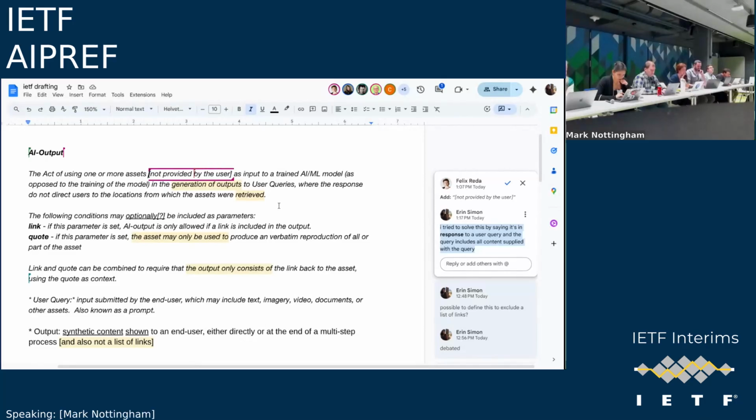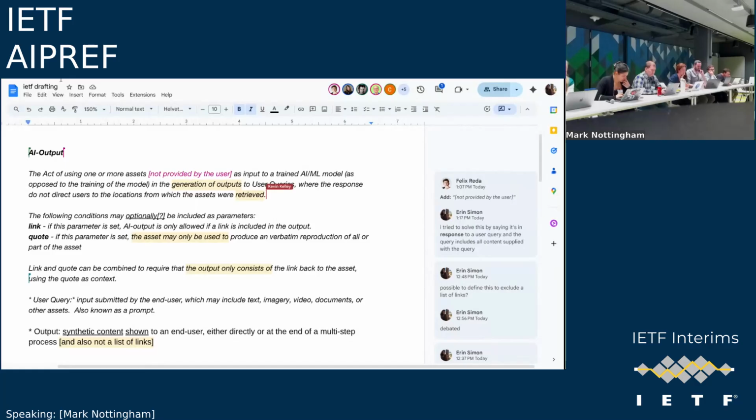Yeah, it seems like some useful progress. I have a question, and then maybe two questions. I'm having trouble understanding the function of the text after "following user queries" in the first sentence.